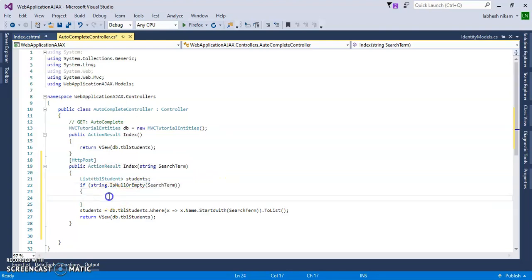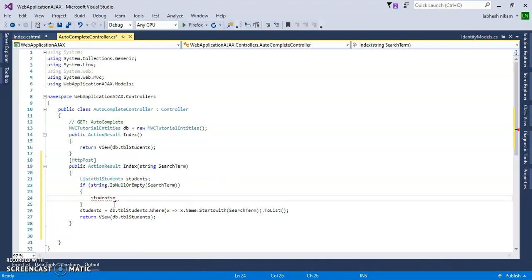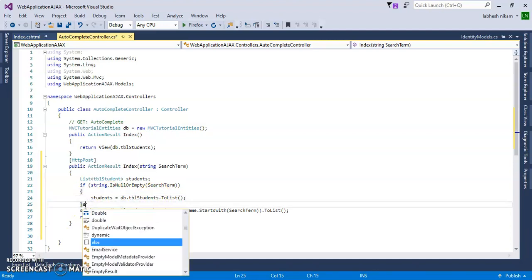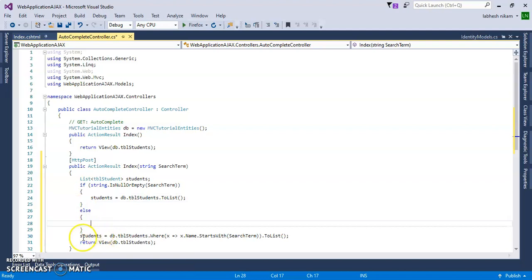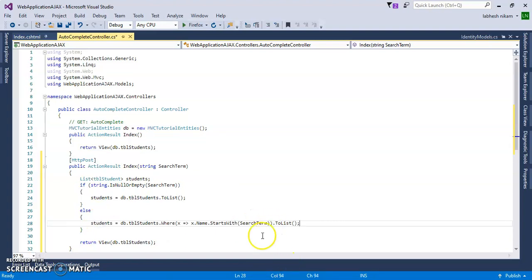Then students equal to db.tbl students.ToList. If it is null or empty, and if something is there, else we will pass this one there: the name starts with search term and ToList, and we will pass that object of the student, so students.